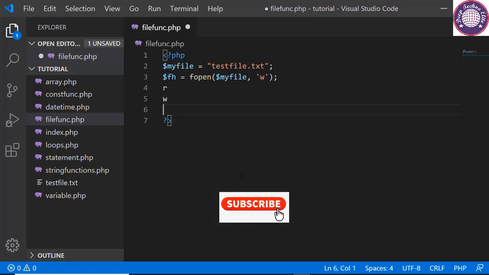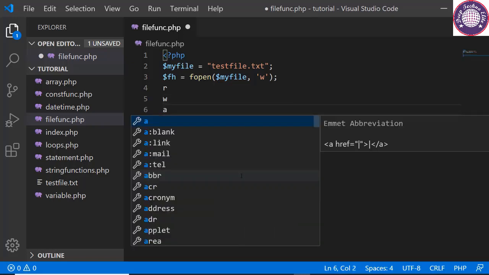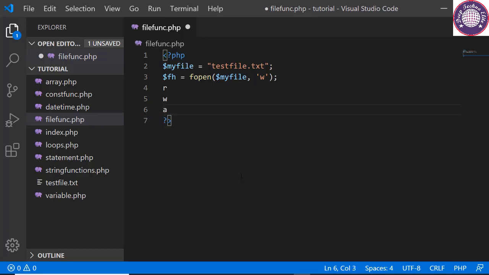Next we have a mode, that is append mode. It opens a file in write-only mode. However, the data in the file is preserved and you will begin writing data at the end of the file. The file pointer begins at the end of the file. If you want to write a new file or overwrite an existing file, then you can use the w mode, and if you want to add the latest data into your file, then you use append mode to append the data at the end of the file.